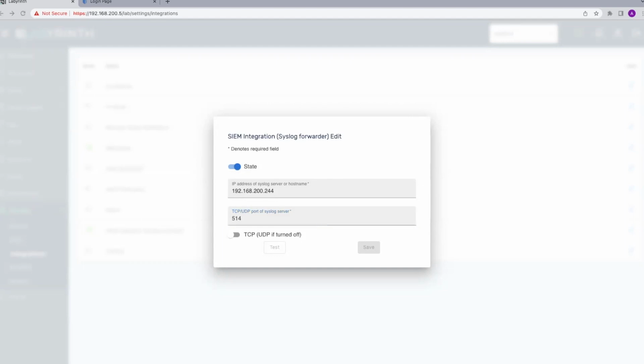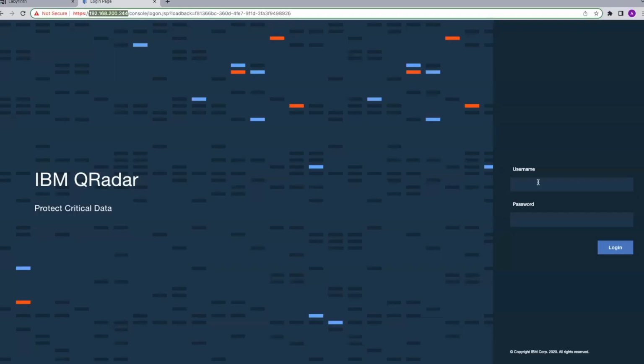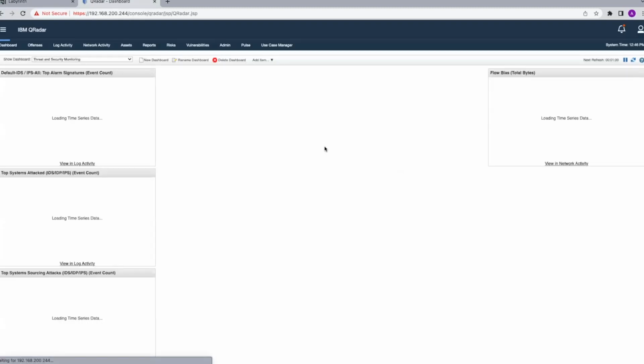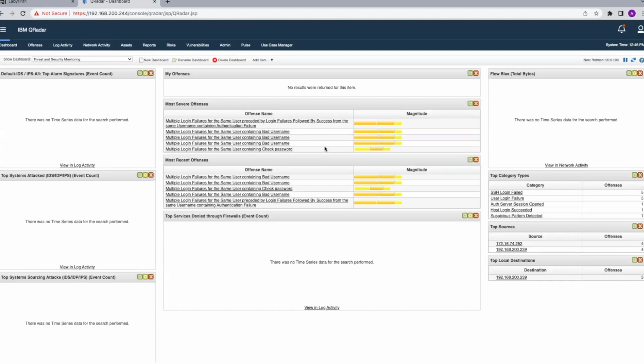So let's actually log in. For this, I need to provide a username and, of course, a password. We can log in. Let's wait for a couple of seconds. And we're in. If you have your Qradar freshly installed, the first thing that you may like to do is